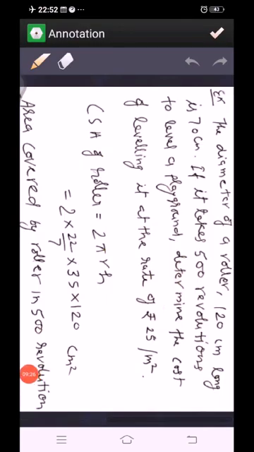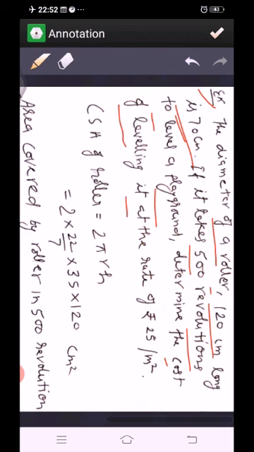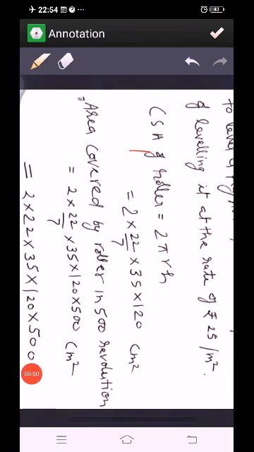Let us take one example from your book. The diameter of a roller 120 centimeter long is 70 centimeter. Length is 120 centimeter and diameter is 70 centimeter. If it takes 500 revolutions to level a playground, determine the cost of leveling it at the rate of rupees 25 per meter square. So for leveling